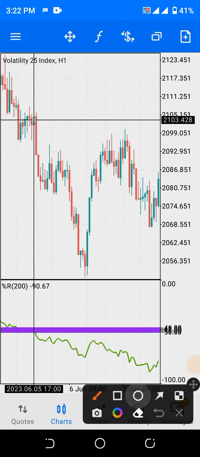So this is the point where the green line crosses the purple line from the side of Williams percent indicator. So this is the candlestick where the correction occur. Are you seeing it? So this is what a clear sell signal. You make your what? Sell entry and keep recording massive profits.